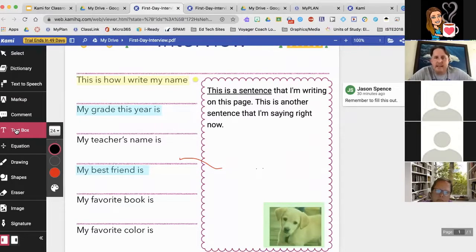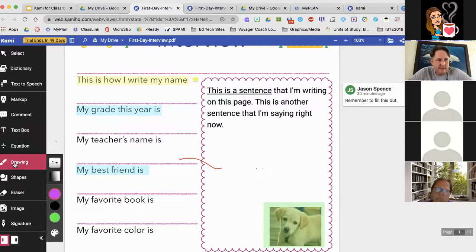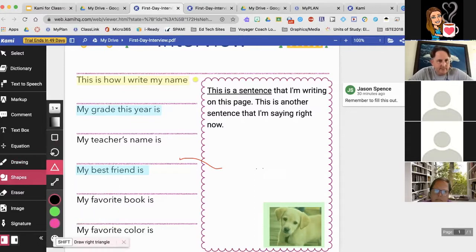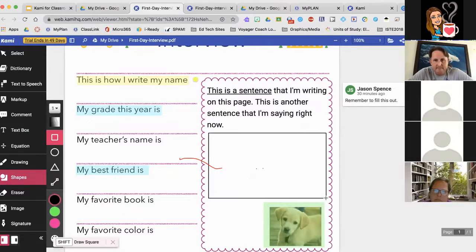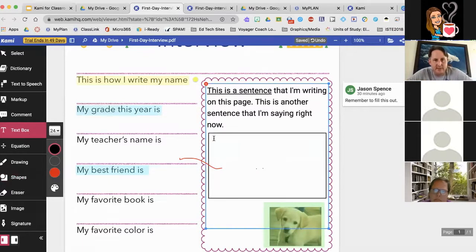And this was asked a lot at the 8 a.m. session: if you want students to do work, can the text box already be there? If you want, you can go in yourself and draw a shape. For example, say you wanted them to write in this box, you can do this and save it as a template and then send that to your students. That way, when they get in, they'll click the text box and they'll know that they need to